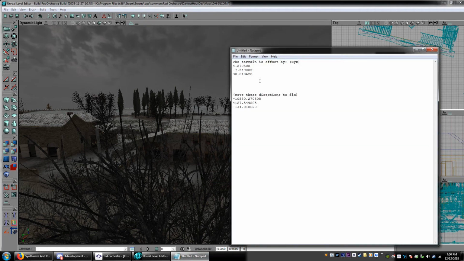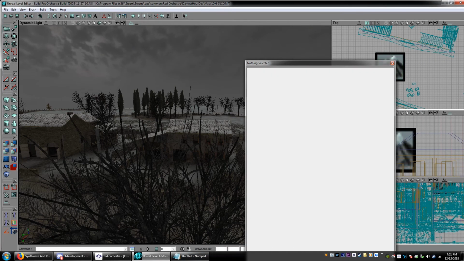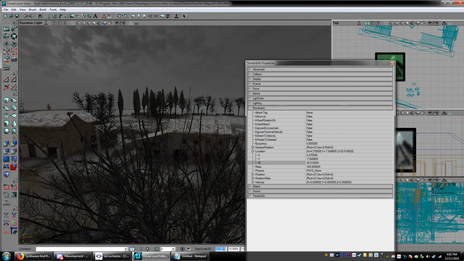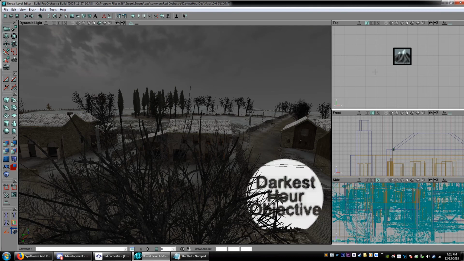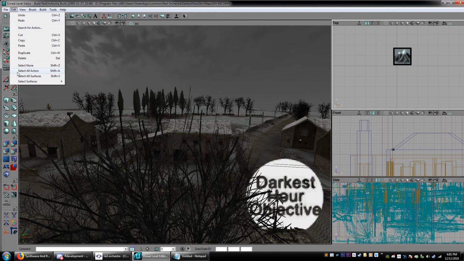It's 30 off. So we're basically going to do the same steps, except this time we're going to have to be a little more precise, which isn't hard because it's not as big values. Here I'm making my actor icon a little bit smaller for the terrain, and that will allow me to better see how I'm moving it in relation to a smaller grid. And so I just close that out, and I'm going to go to Edit, select all actors,